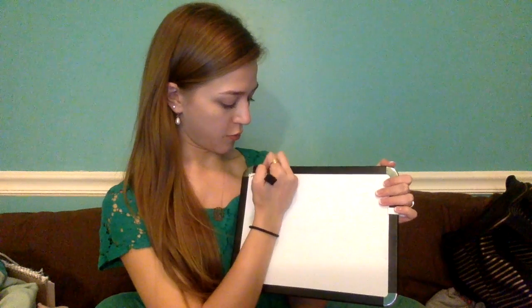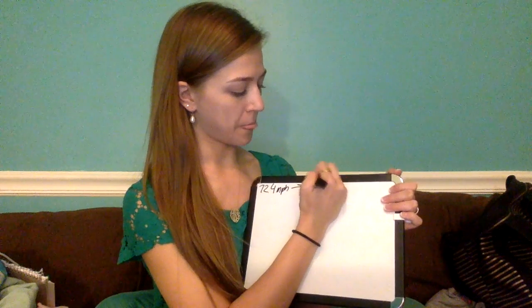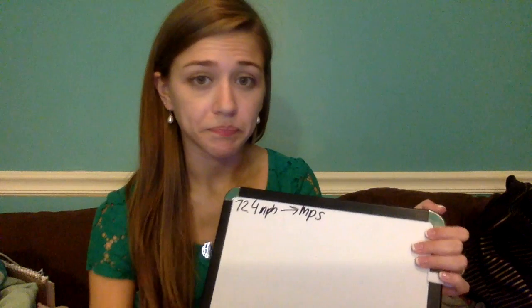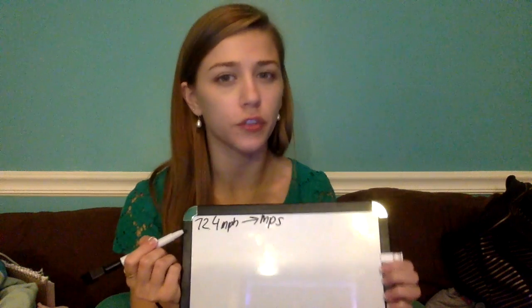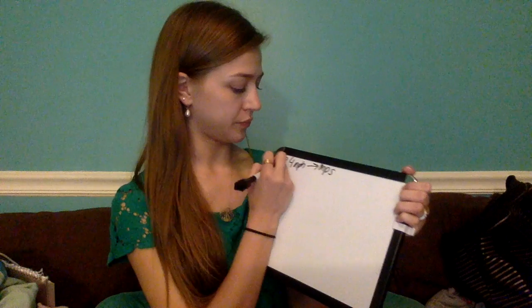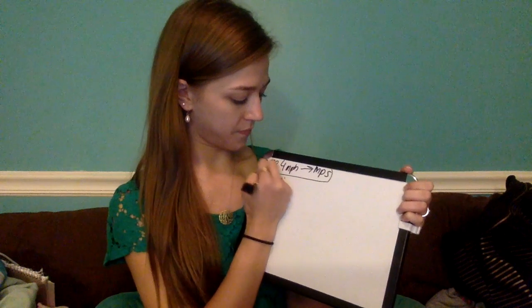The next one is a little trickier because it's dealing with units of time and length at the same time, so you have to convert all of them. In this problem, we're going to be changing the speed from 72.4 miles per hour to meters per second. So first we want to see what unit conversions the problem gives us. The only one it gives us is that there are 72.4 miles for every